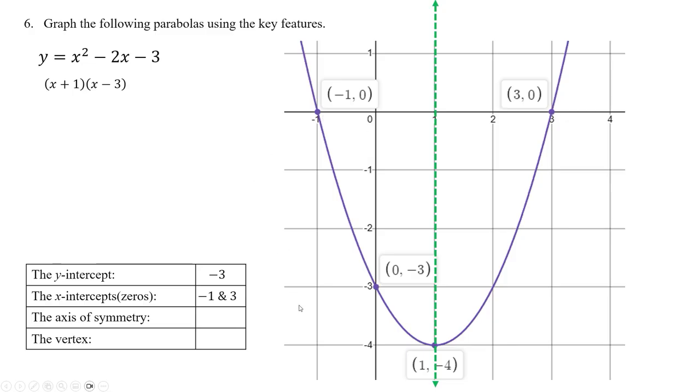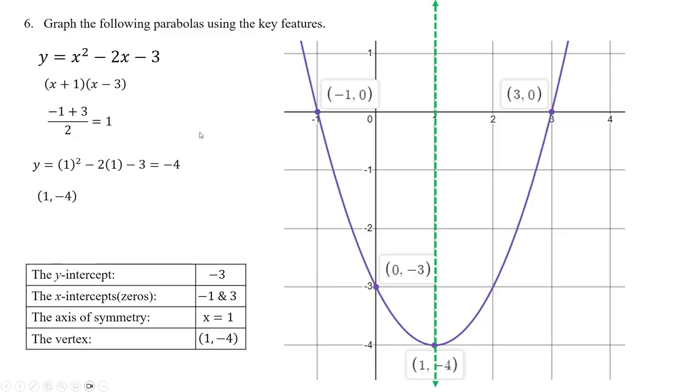The axis of symmetry is right here. And our vertex is 1, negative 4. Now, we can see these points by looking at the graph, but we can also calculate